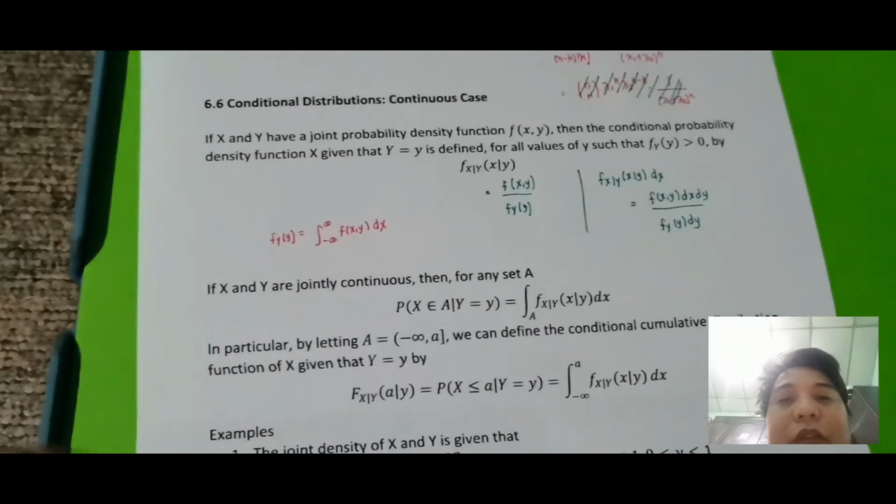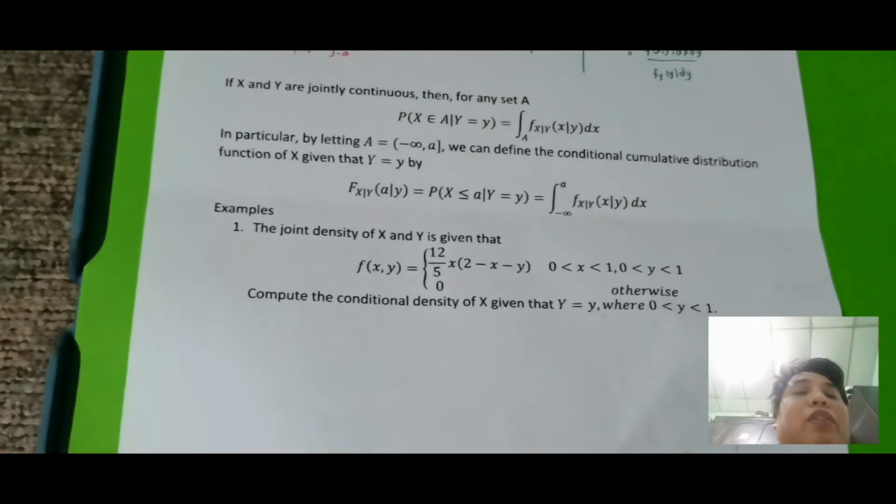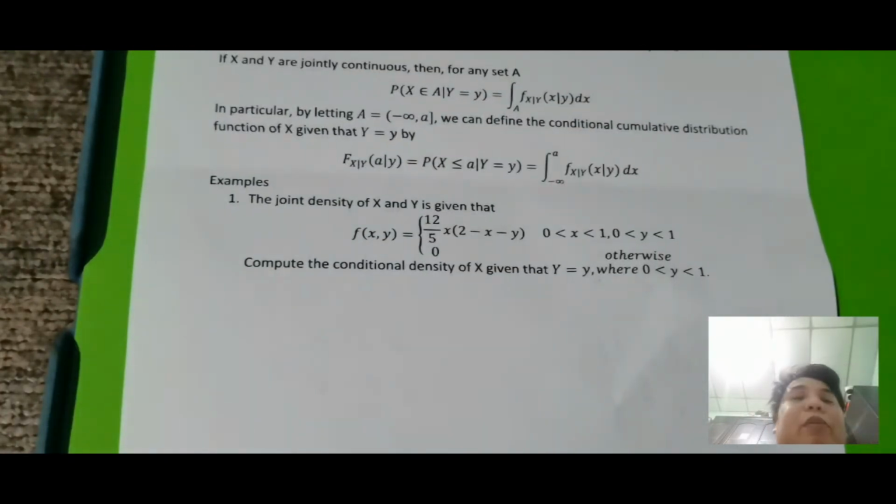Okay, so now, compute tayo dito. Now, the joint density function of x and y is given that f of x comma y is equal to 12 over 5 x times (2 minus x minus y), for 0 less than x less than 1, and 0 less than y less than 1, and 0 otherwise. So again, yun yung ating joint density function. Now, compute the conditional density function of x given that y is equal to y, where 0 is less than y less than 1. Okay, so conditional density of x, so meaning kinukompute lang natin